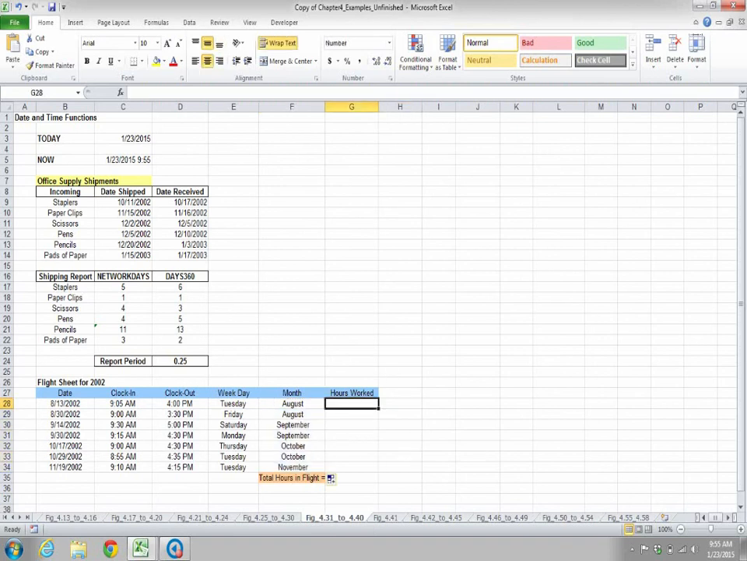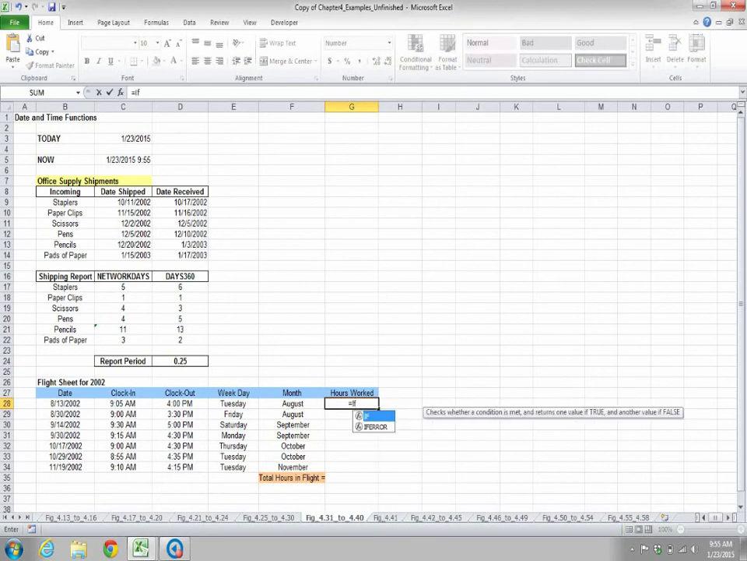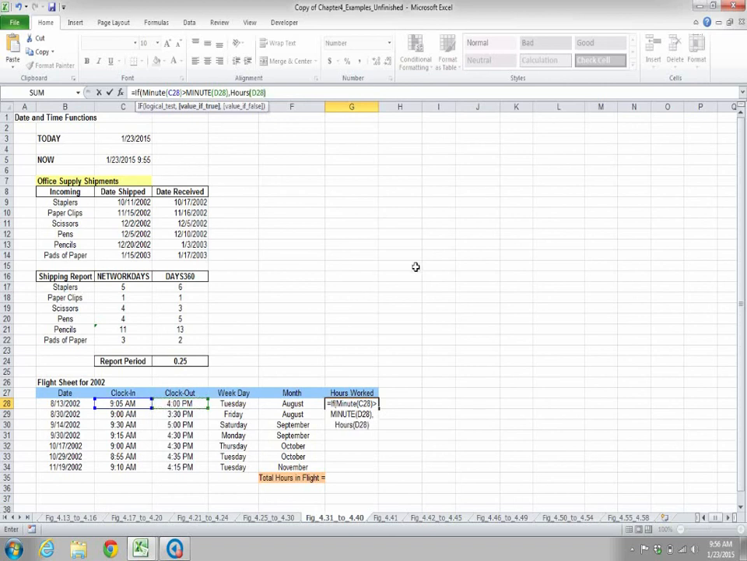Now to find the hours worked, we can again use the IF formula combined with the HOUR and the MINUTE function. So we can write IF, open the brackets. Suppose if the minute in the clock in is higher than the minute in clock out, we can use a formula: MINUTE of clock in is greater than MINUTE of clock out. Close it. Then if this value is true, we could write hours in clock out since it's higher